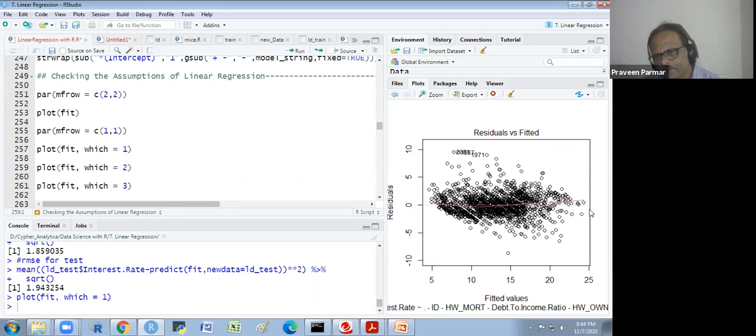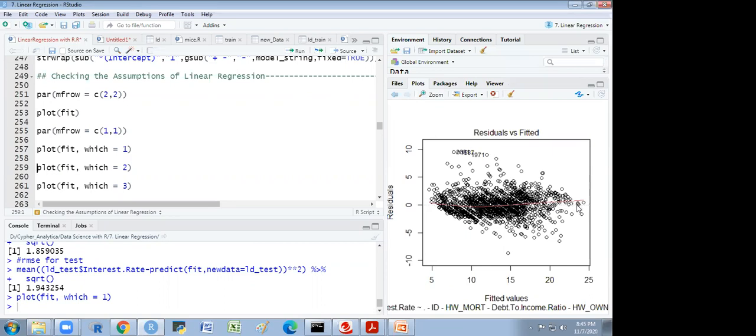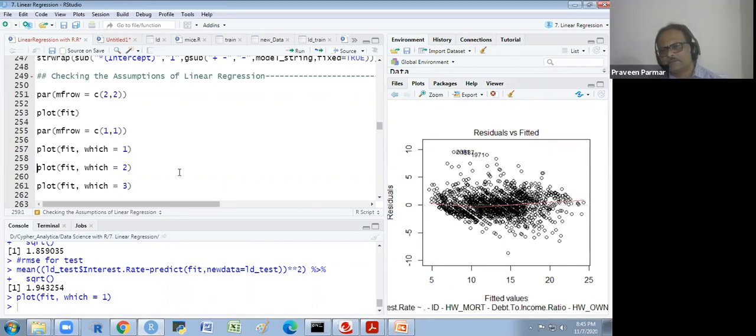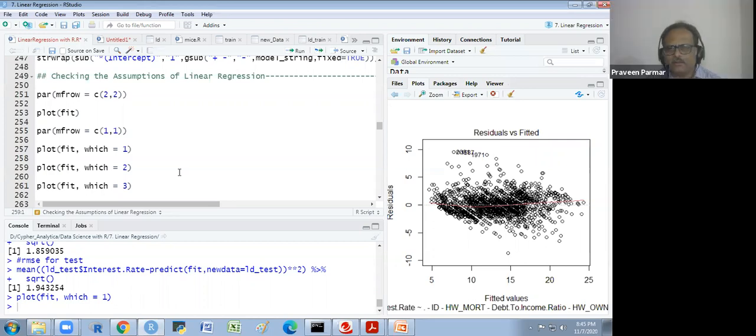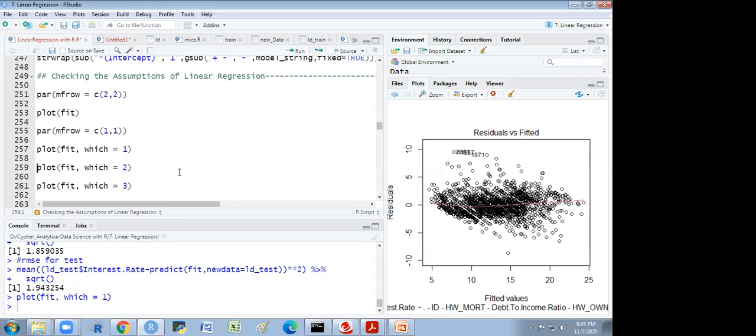Got it? Yes, sir. So we could not always perform it as a straight line. It may be a little bit upward somewhere, but we could control it up to some extent. Yes, sir. Okay, so we have controlled it too much. Sir, if you remove those outliers, then the model may improve more. Okay, so there are options we have to work on.